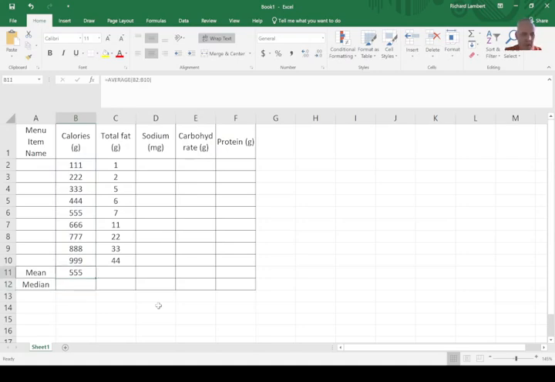And then if you see there's a little green box, and when I hover over it, I get a solid plus sign. If I click right now and drag to the right, it's going to extend this formula across and adjust it for columns. So this is the mean calories. This is the mean of the fat numbers I put in. And this one is saying divide by 0 because there's no data. But if I started putting in some numbers,